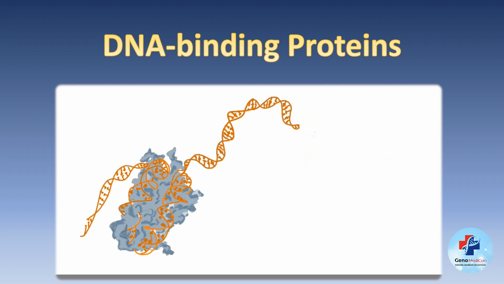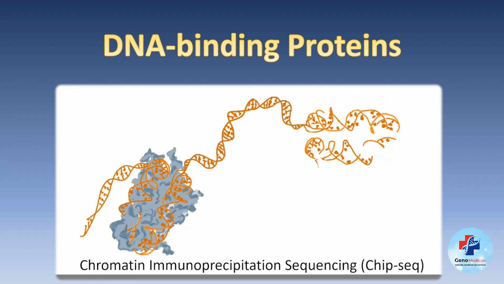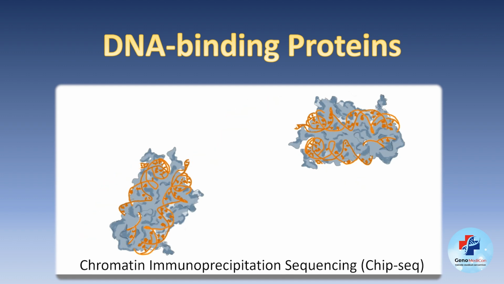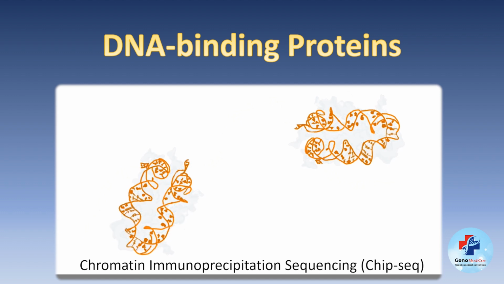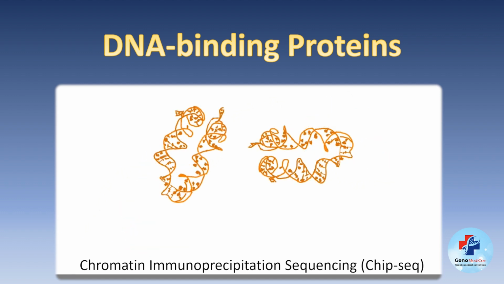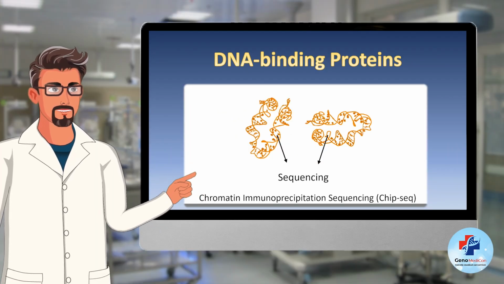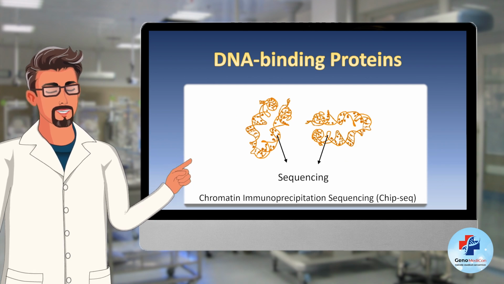For this purpose, chromatin immunoprecipitation sequencing, or ChIP-seq for short, is a commonly used method for capturing sequences with an attached protein. In short, in this technique, using antibodies, these proteins are first marked, then precipitated and purified, the proteins are then washed away, and finally the remaining fragments of DNA are sequenced. As a result, the sequence of the regulatory profile of a given cell line will be identified.